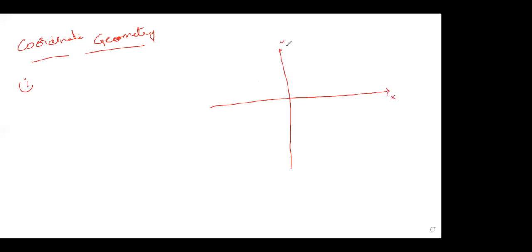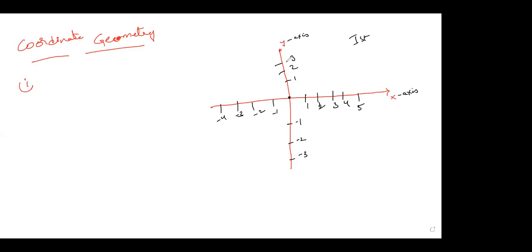x-axis and the y-axis. A flat surface is divided into the four parts using two perpendicular lines, and this is called x-axis and this is called y-axis. And the point where both are meeting, it's called origin. Now, when we are giving names 1, 2, 3, 4, 5, and -1, -2, -3, -4. Again, it is 1, 2, 3, -1, -2, -3.